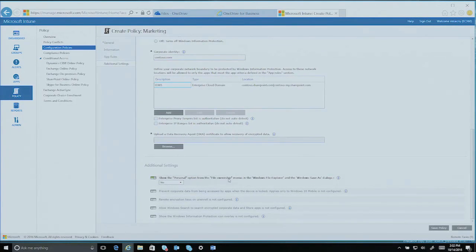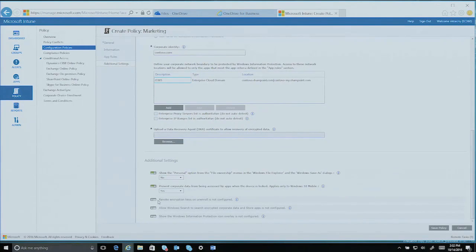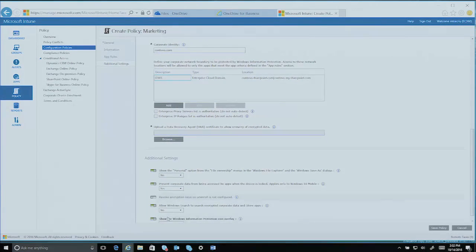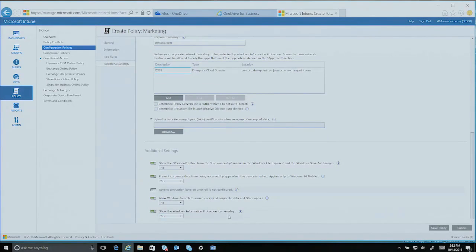Show personal option for file ownership, and I'll show you what that means in a moment. Prevent corporate data from being accessed from apps while the device is locked. So it basically means that while the device is locked, somebody can't go and take advantage of information inside of there. To allow Windows search for indexing, Windows information protection icon overlay as well.